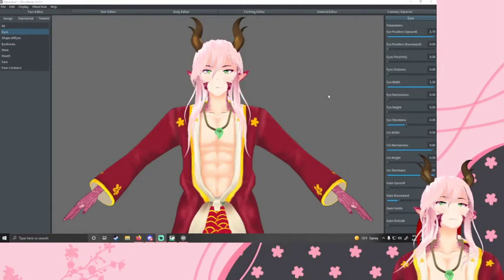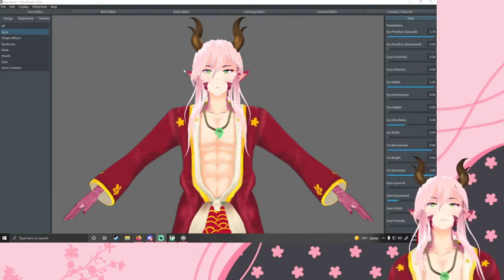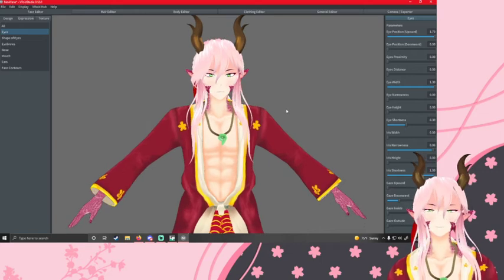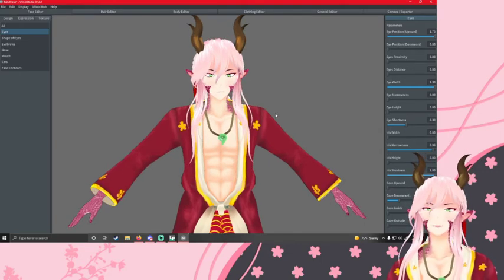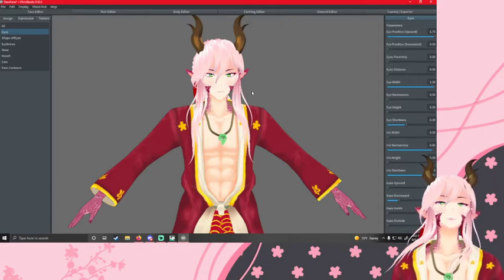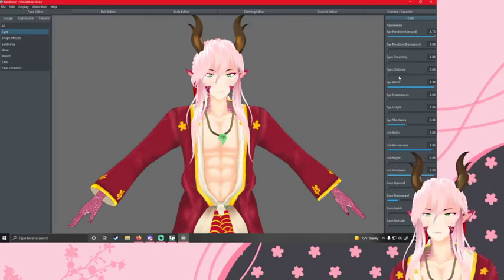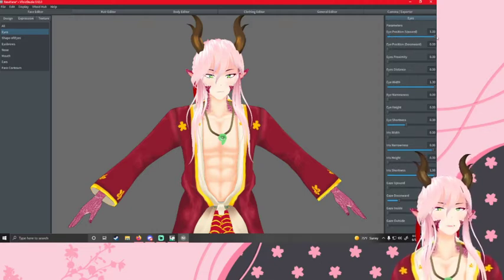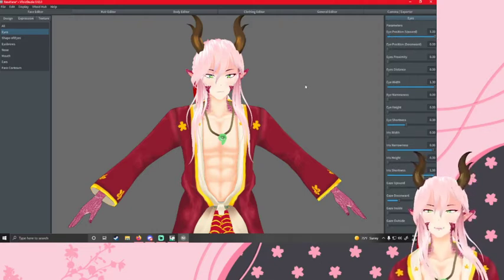So here we are with Vroid Studio 12.0. That's just the general version that I use. There's multiple versions. You can download different versions off of their site. It's mostly a slider sort of options here. You're going to play with a lot of sliders, a lot of number values when